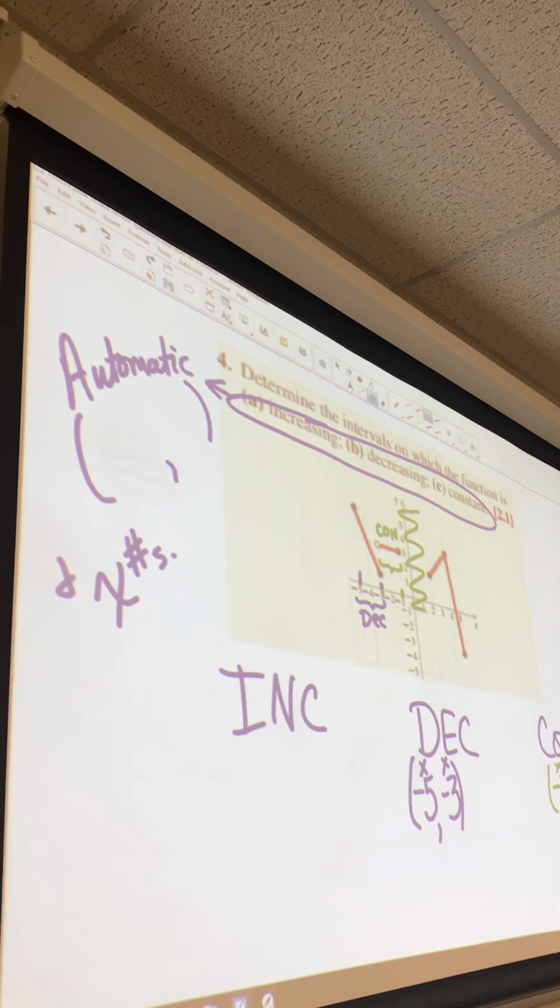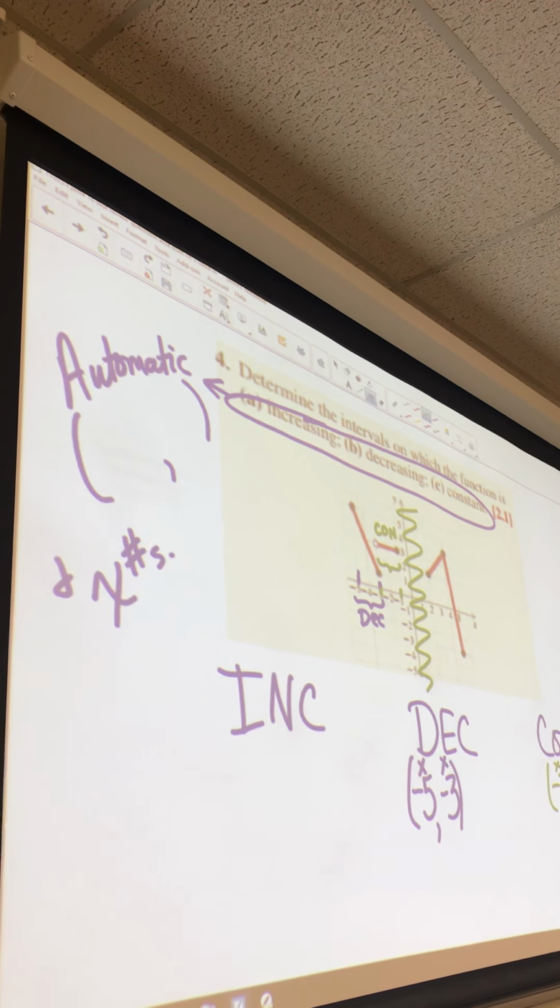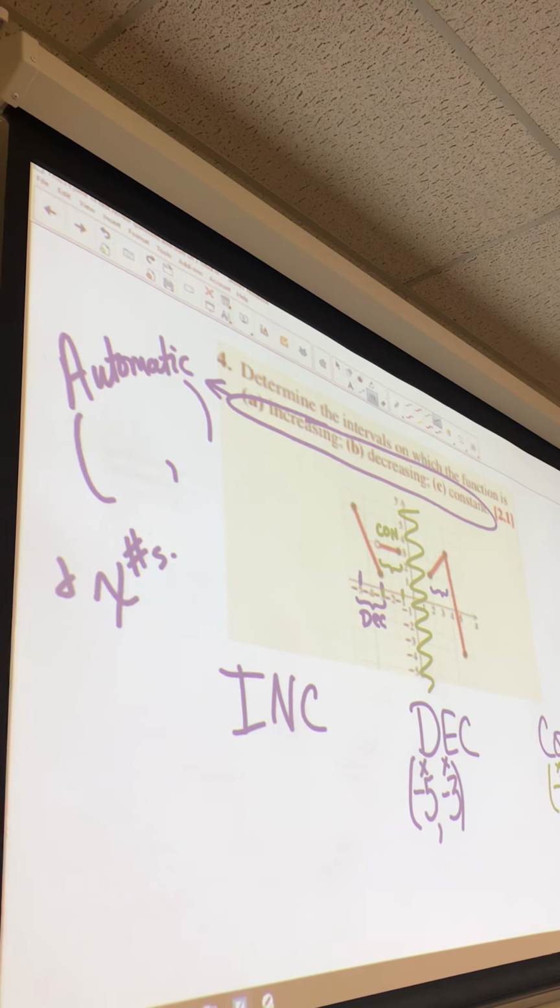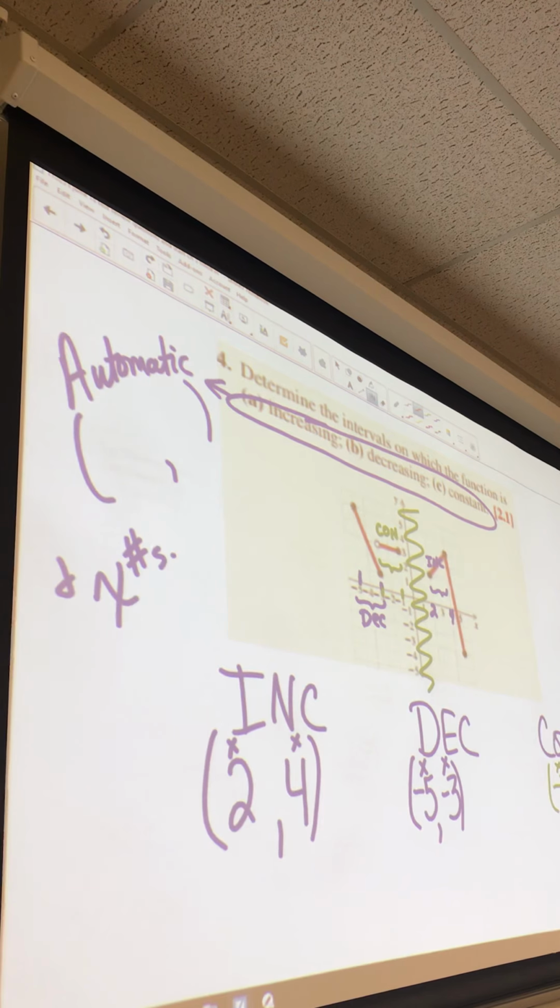Then it jumps all of that. Jumps over the river of no points. And the next direction we see is right there doing what? Okay, increasing. From where to where, automatic parentheses. Okay. X to X. And then the last section,